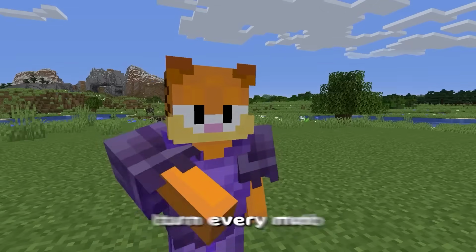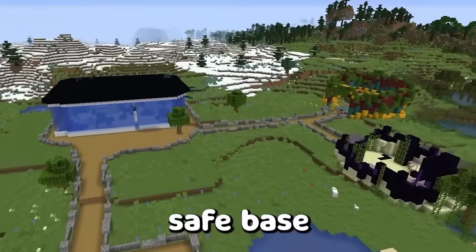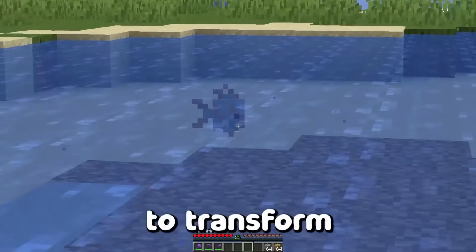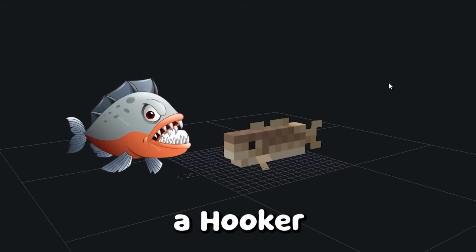In this video, I'm going to turn the mobs into mutants, but as they are very dangerous monsters, I'm going to create a safe base for each of them. Right up front, I can see an ocean, and the first mob I'm going to transform will be a tropical fish. I'm here with the fish, and I'm going to turn it into a piranha, and the first thing I'm